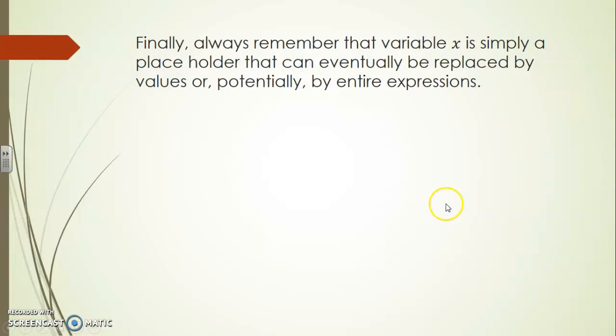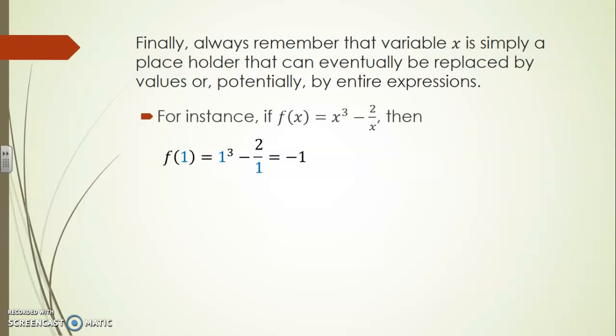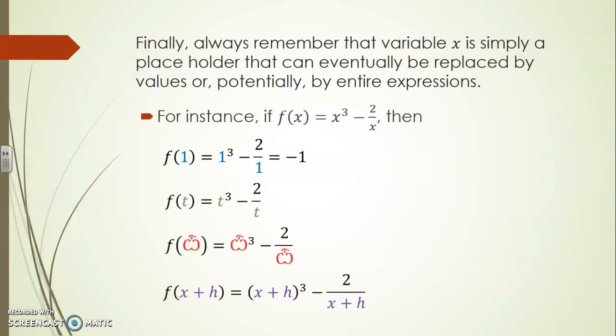Finally, always remember that variable x is simply a placeholder that can eventually be replaced by values or potentially by entire expressions. So for instance, this function, x cubed minus 2 over x, holds the place for a number, which could be a number, could be an expression. So x is just a placeholder that can be replaced by more complex things than